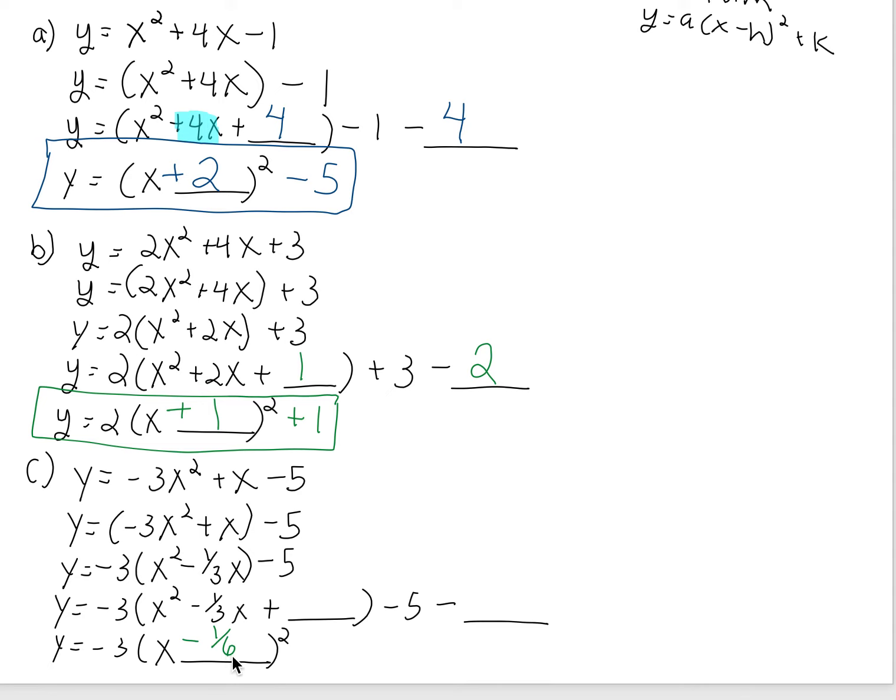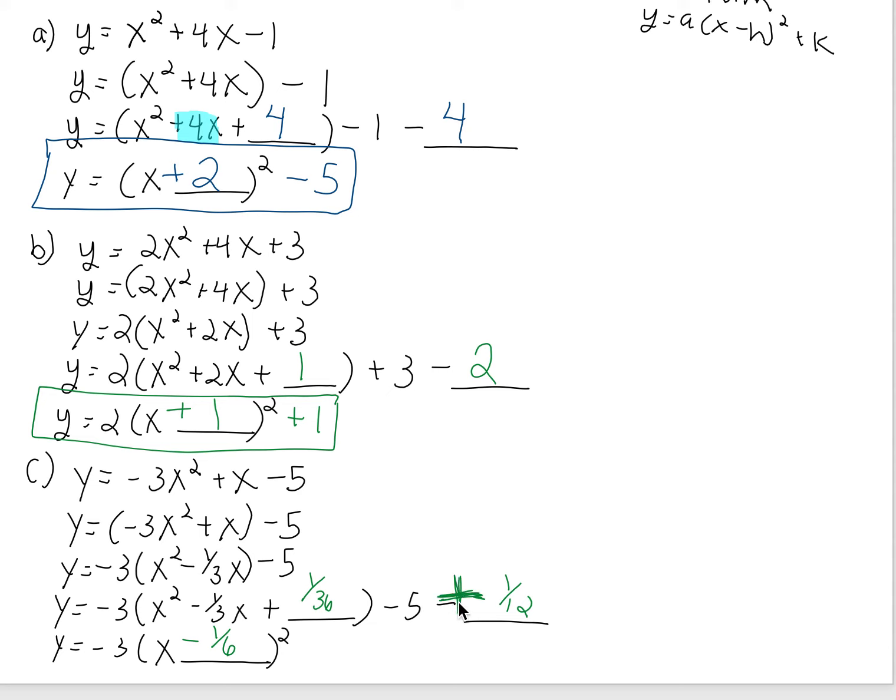1/3 divided by 2 is 1/6. Now I take this negative 1/6 and I square it. That gives me a positive 1/36, because I square the top number and square the bottom number. Then a positive 1/36 times a negative 3 gives us a negative 1/12. Now, since I am actually subtracting 1/12 from this problem, I now have to change this to a plus